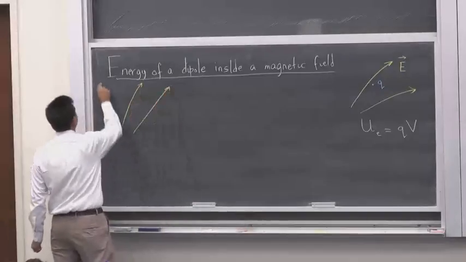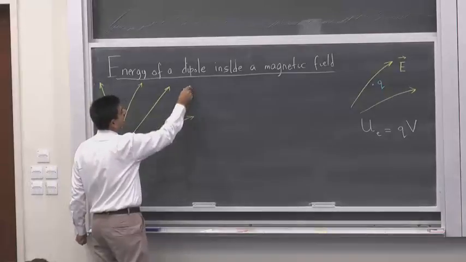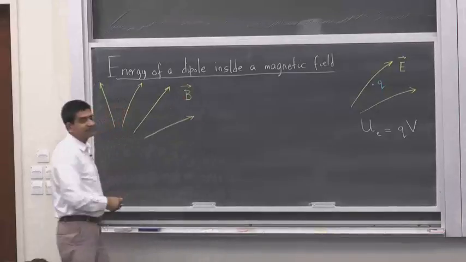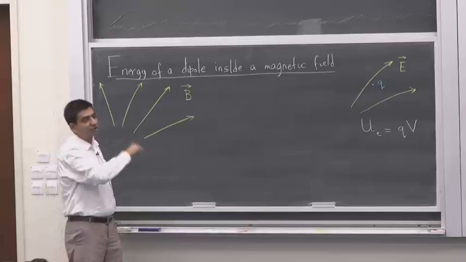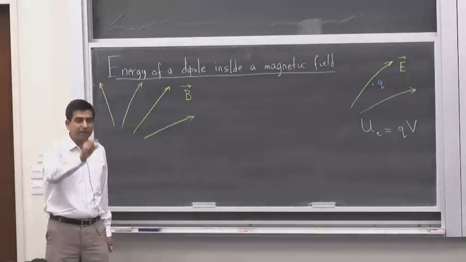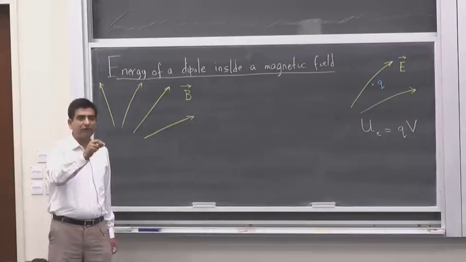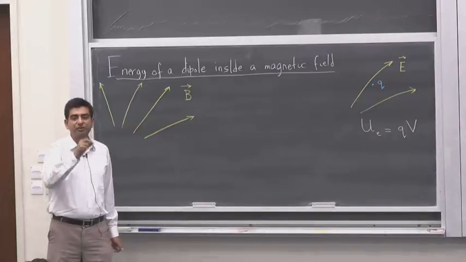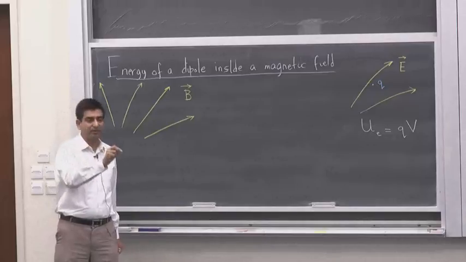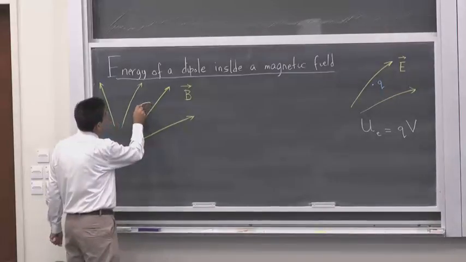in an arbitrary direction B, and we place an equivalent to the charge. Now there is no equivalent to a charge, there is no magnetic monopole, so the unit of magnetism, something that responds to magnetic fields, is a magnetic moment, or a dipole moment. So we place a magnetic dipole at some point P